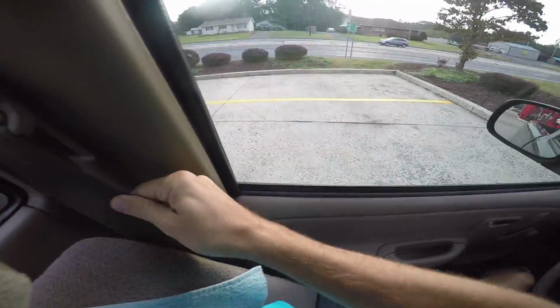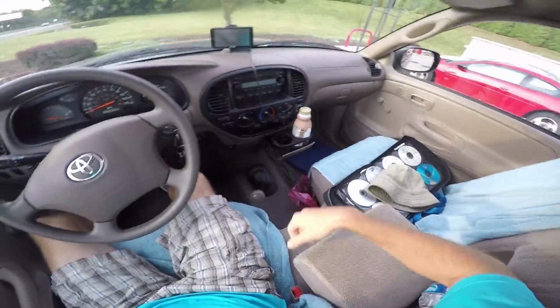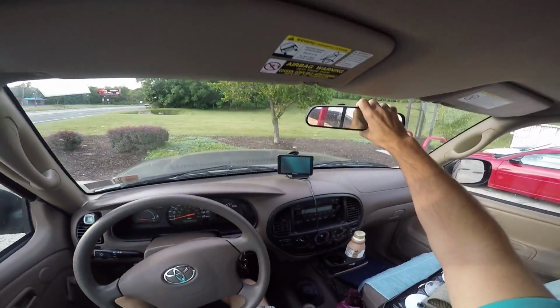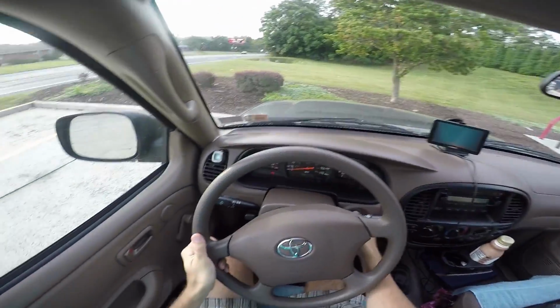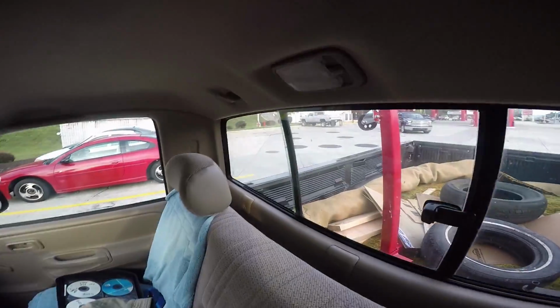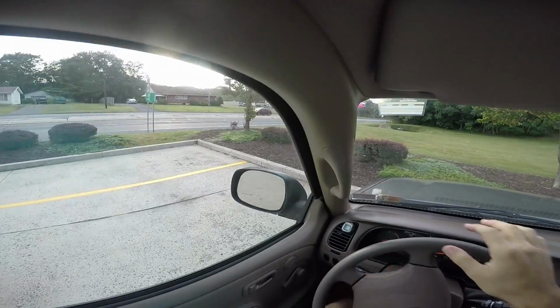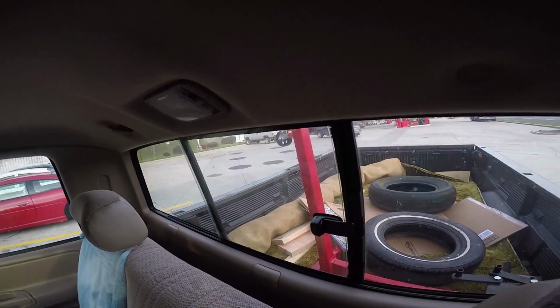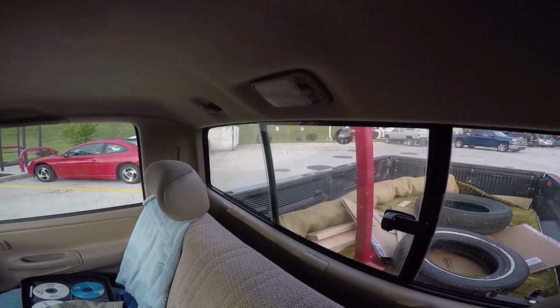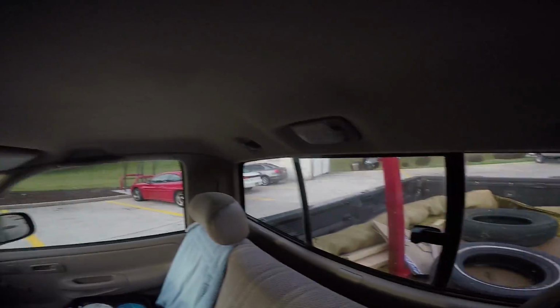Welcome to a 2003 Toyota Tacoma base model. This is my chariot on loan. Yep. To go pick up a Ford 302 V8 at Maple Grove Raceway. We were just there